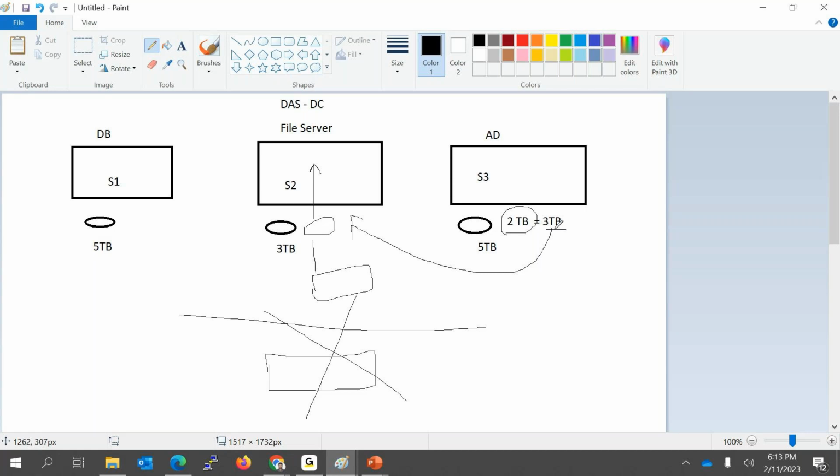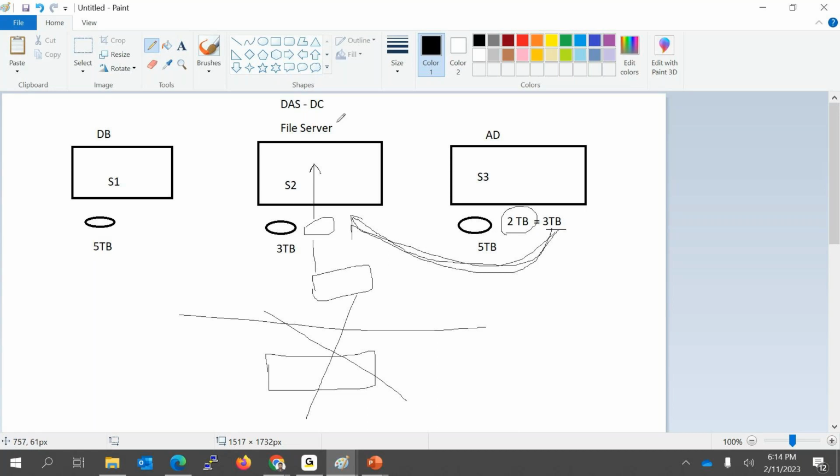So overall 900 TB of storage is going wasted, but I cannot leave it as it is. Can we use that storage for other servers? Because in one server I have 3 TB. It may require 2 TB or more than 2 TB of storage. So already here 3 TB is empty. So can I share that with another server?